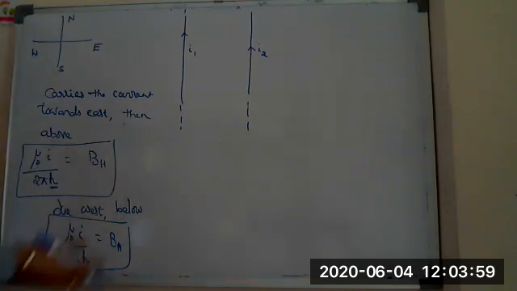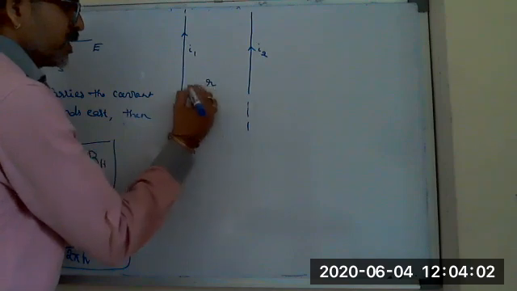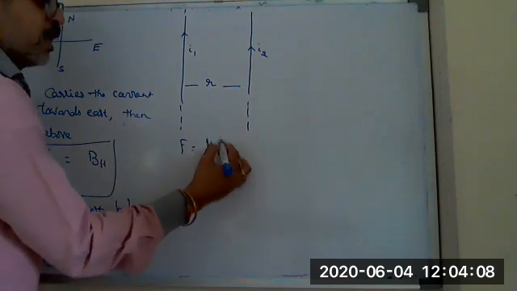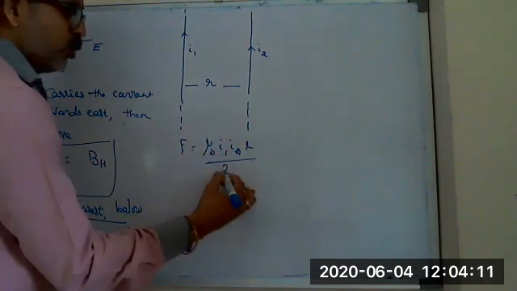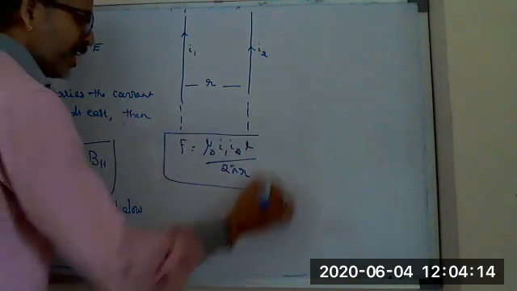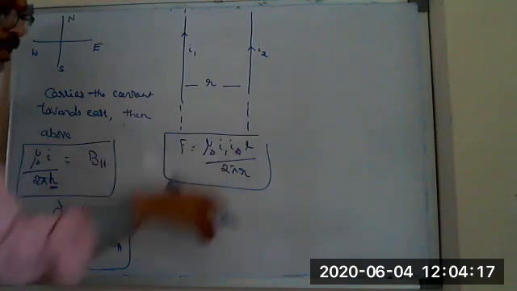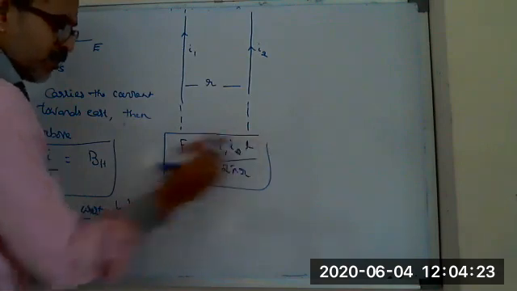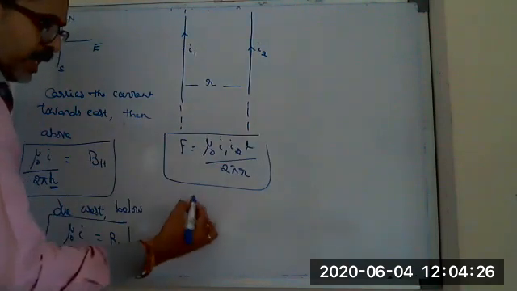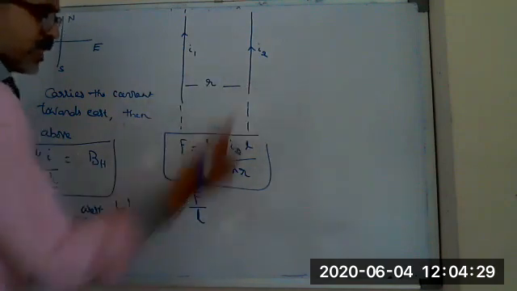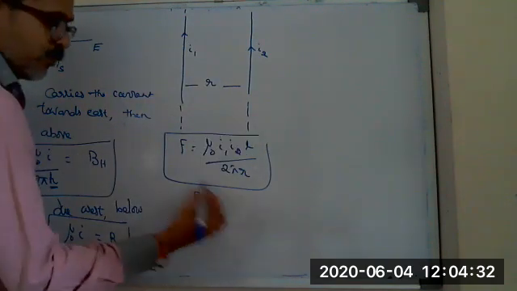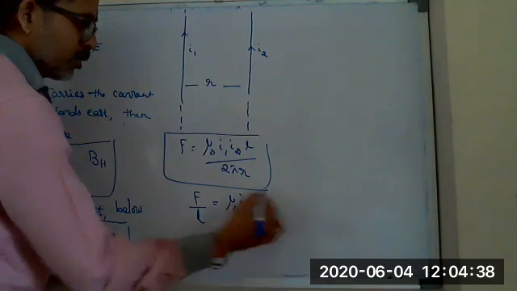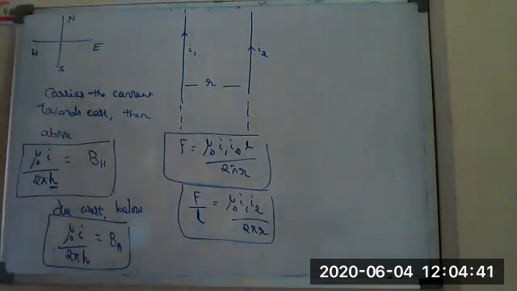And the known concept to you all here: if they are separated by a distance r, what will be the force? That all of you know. F is equal to, no need to explain, mu naught I1 I2 L by 2 pi r. Note the force does not become infinity, because they are infinitely long. In general, if they are infinite straight conductors, instead of asking the force, they ask force per unit length. That's why between infinite straight conductors we calculate F by L, force per unit length, which is equal to mu naught I1 I2 by 2 pi r. So this one all of you know.